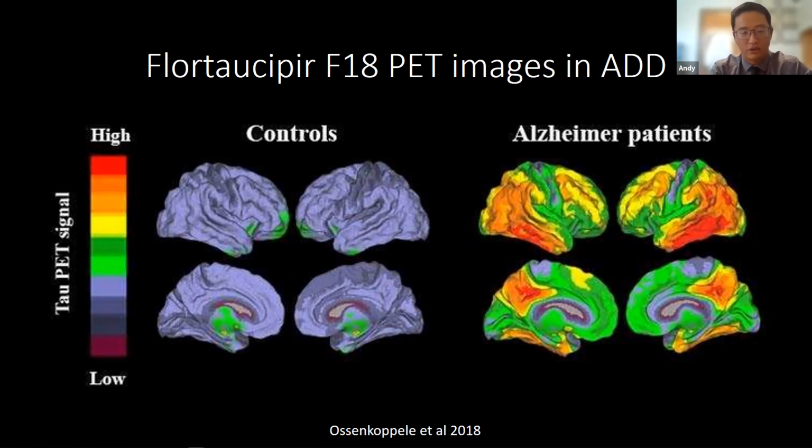So you can see here in the control panel, not a lot of accumulation. At best, some areas right in the frontal lobe. That's typically just kind of a control region of the thalamus. But in the Alzheimer's disease patients, you see a significant accumulation in both the temporal lobes and the parietal lobes. And that's very characteristic of Alzheimer's disease. Temporal parietal lobe pathology builds up in there, and specifically in the medial parietal lobe called the precuneus. And you can see that bilaterally.